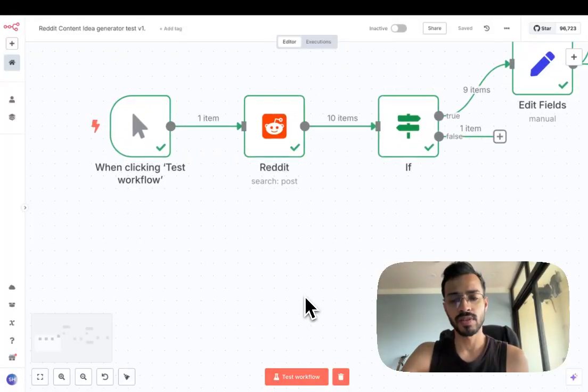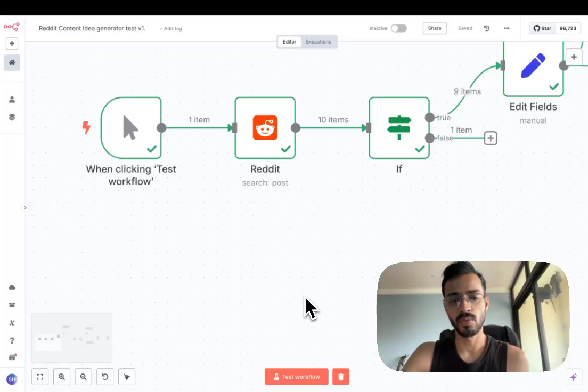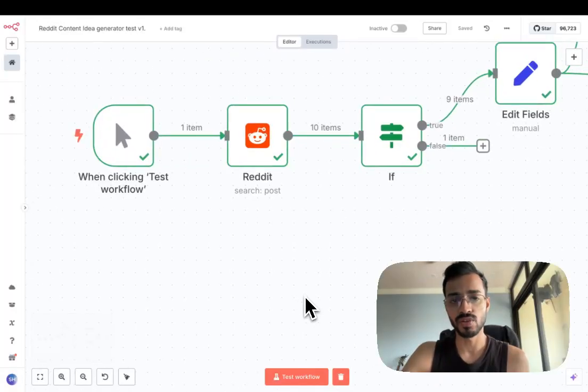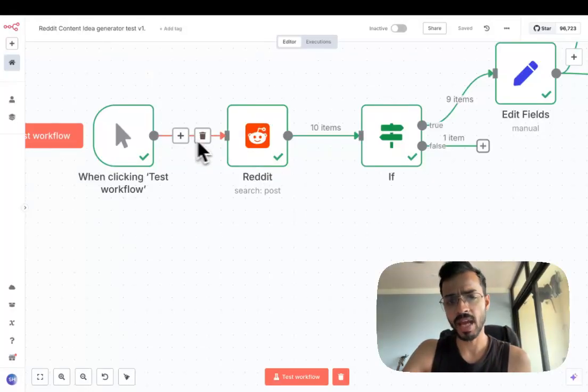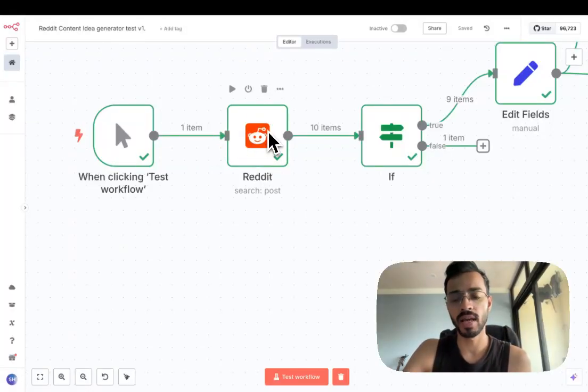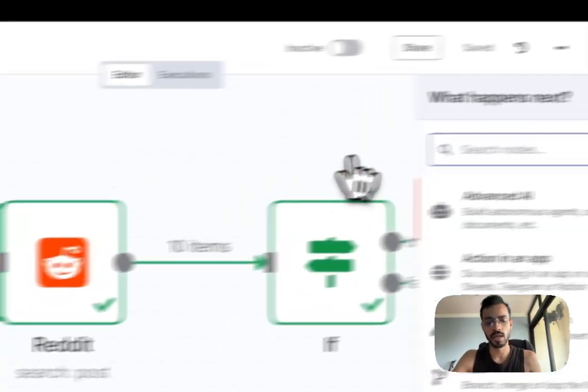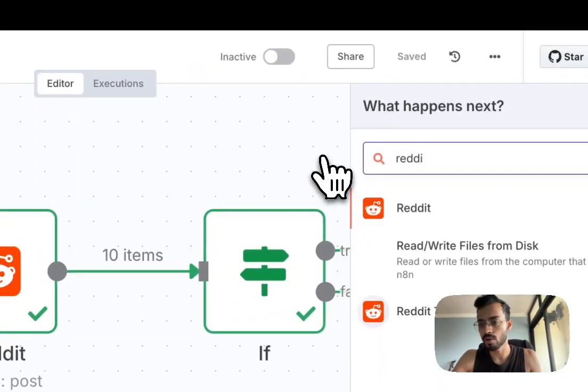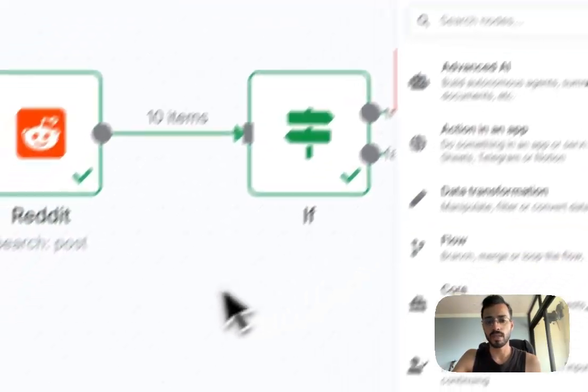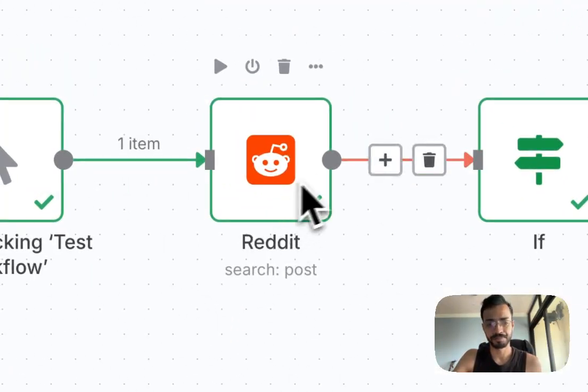Then after that, we have the second step, which is the core step here, which is the Reddit node. By the way, to add any node, you click on this plus button, and you can see Reddit comes out, right? That is how I got into Reddit here.